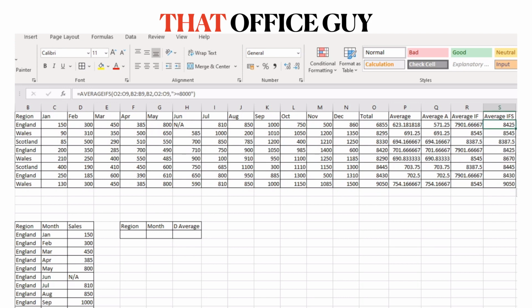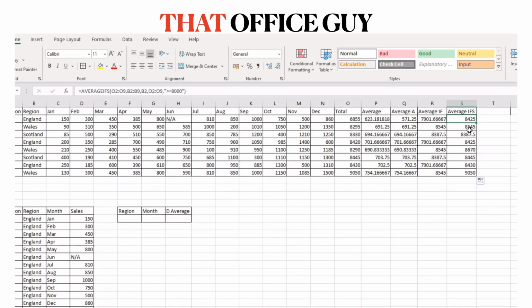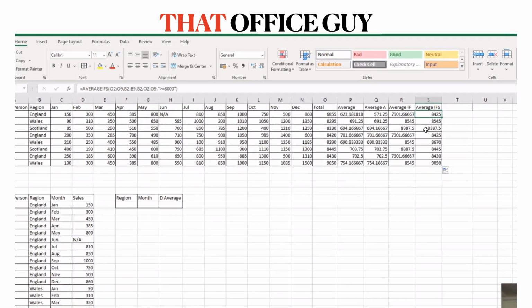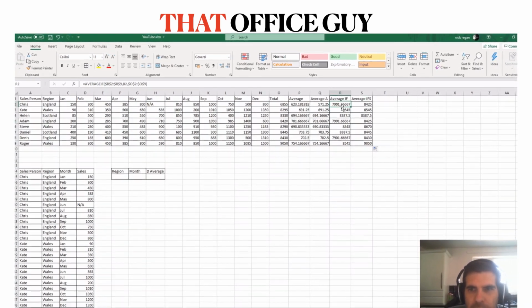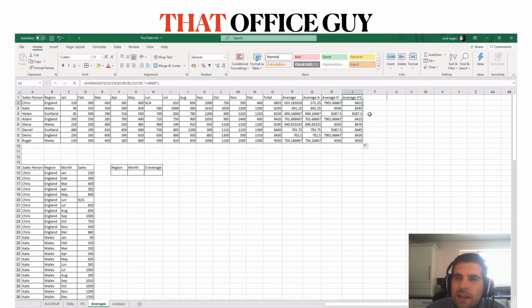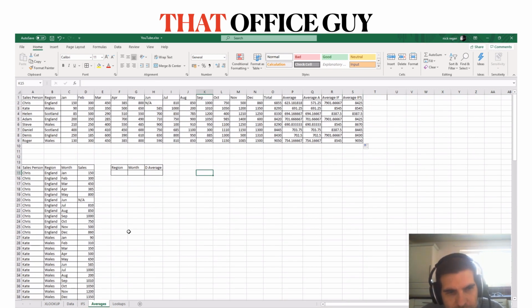Now this function has basically removed any total sales that are less than 8,000 and only included values that are greater than or equal to. So you can see how the averageIF with no second criteria is functioning versus the multiple criteria averageIFS. Okay, the last average function that is available in Excel, let me just remove that, right,